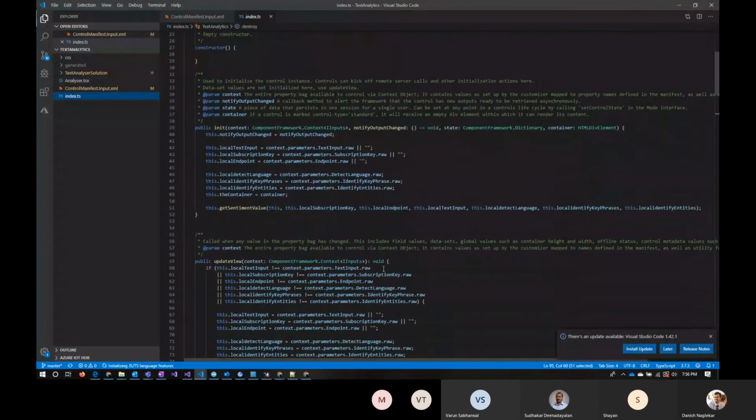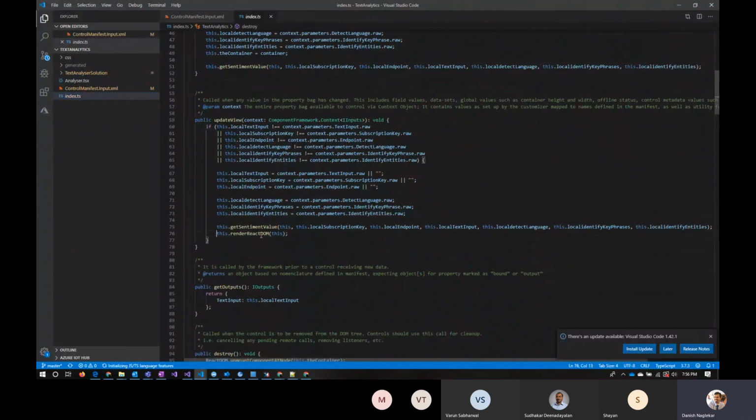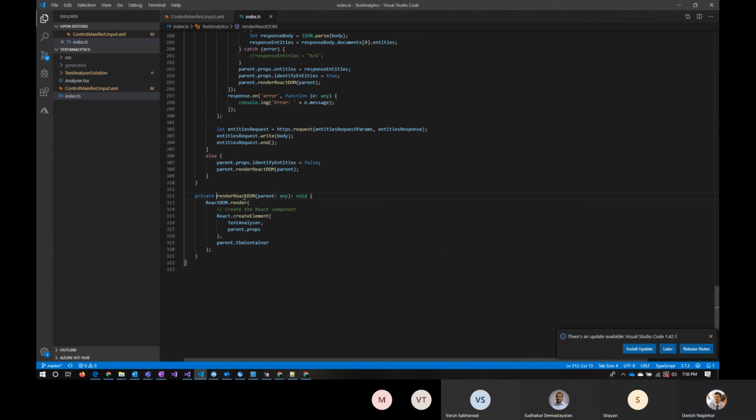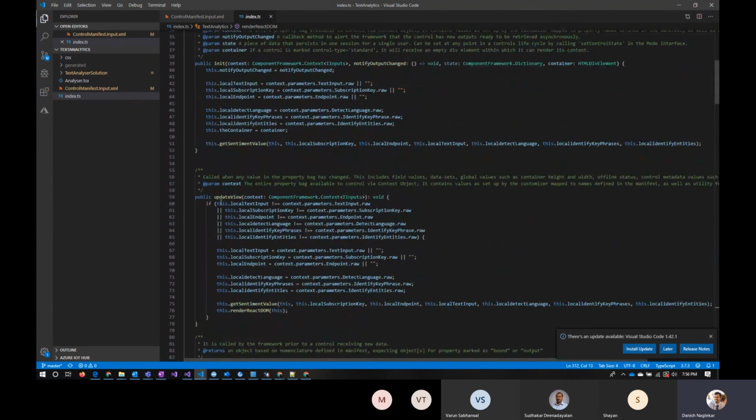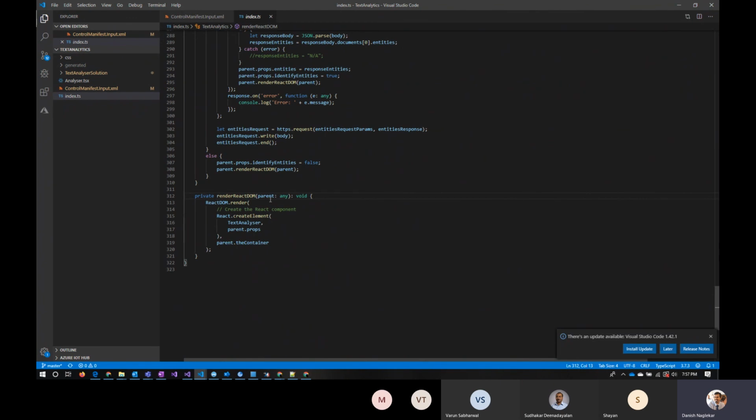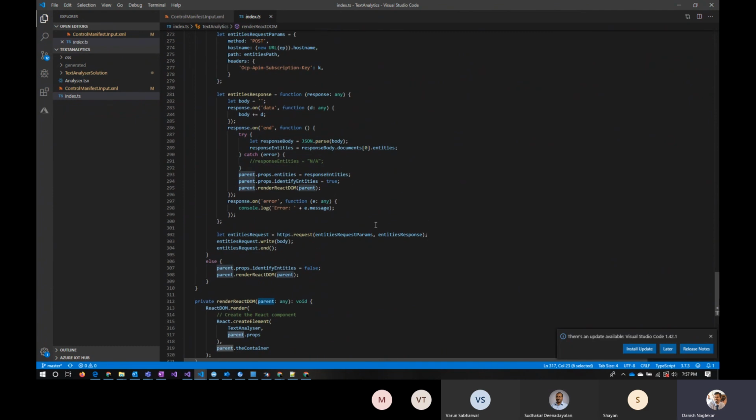here. So here what I have done is I've created this React function. Now in this render React DOM function, I can't access this command because this is private and it is outside of that realm. So what I did is I passed this over here as a parameter, and inside here I just used this as parent. So what Sudhakar was talking about is when you use Web API,